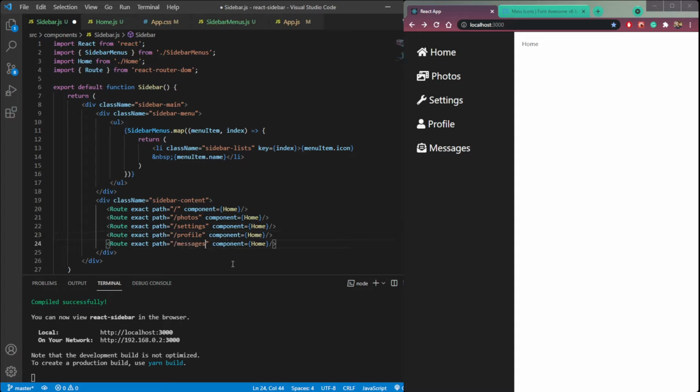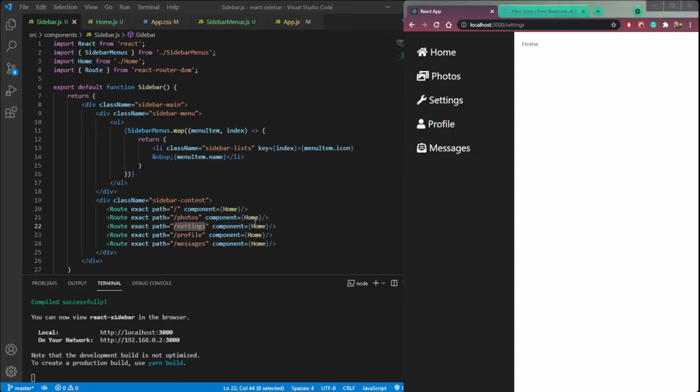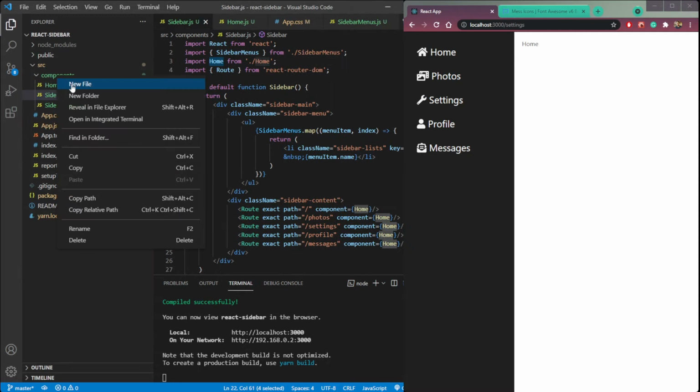And we need 4 more components, one for each route. So even if we click photos, we will see home. Nothing, we haven't implemented the click function yet. So go to settings or any other route, we will still see our home text because we are on the home component. So create 4 more components.